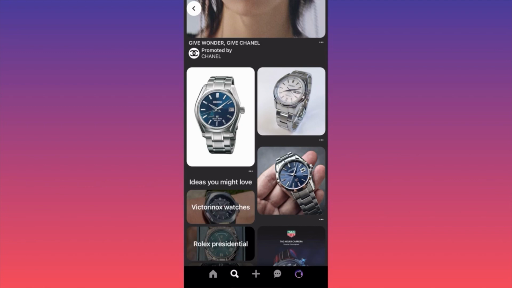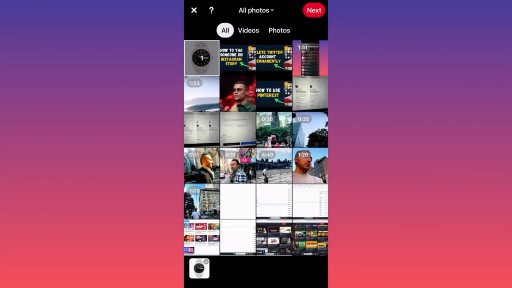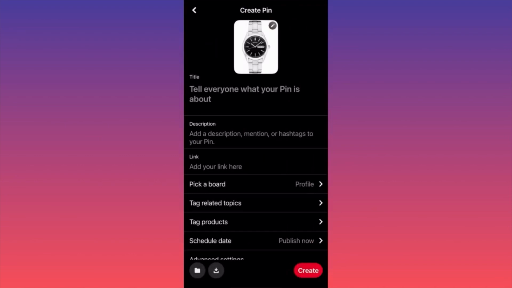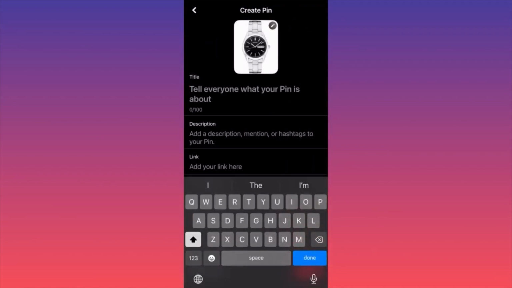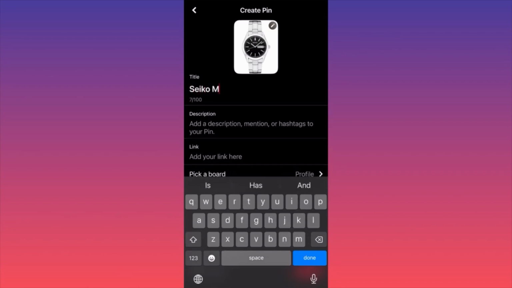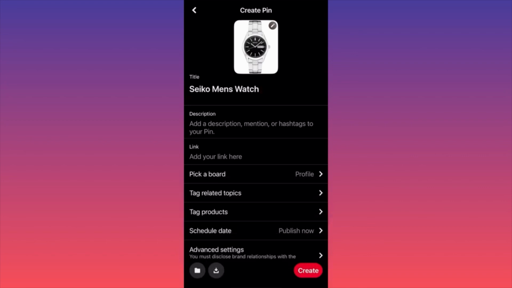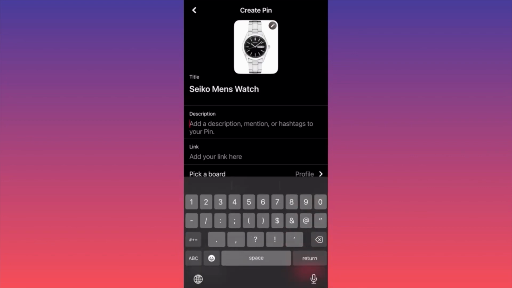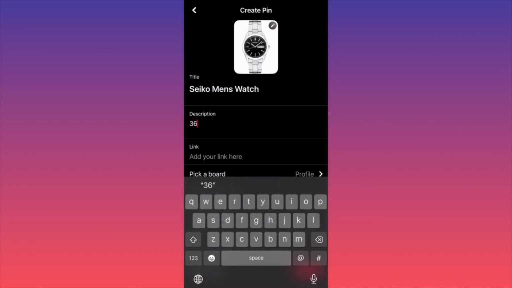Let's create our own listing. For this example, I already downloaded an image from Google of a Seiko watch, right? And as we saw, we can include the model. We can say that this is a Seiko men's watch. This is a general description. Then we can go down and simply include the actual sizing, right? We can include that this is 36 millimeter, for example. Then you can include that,